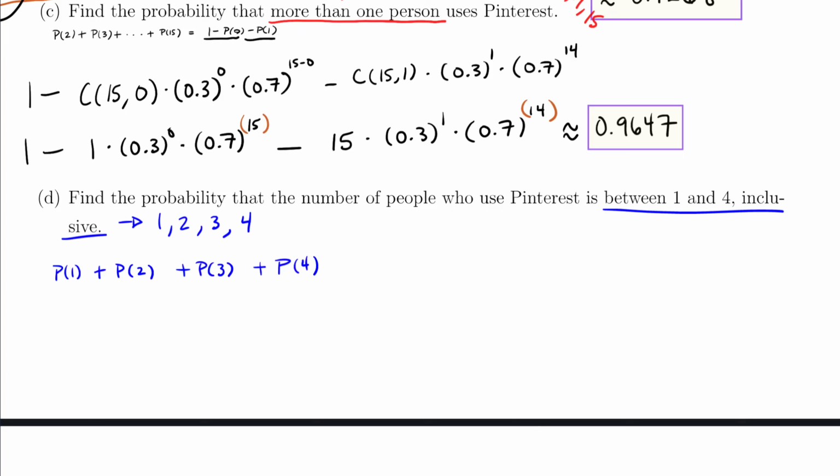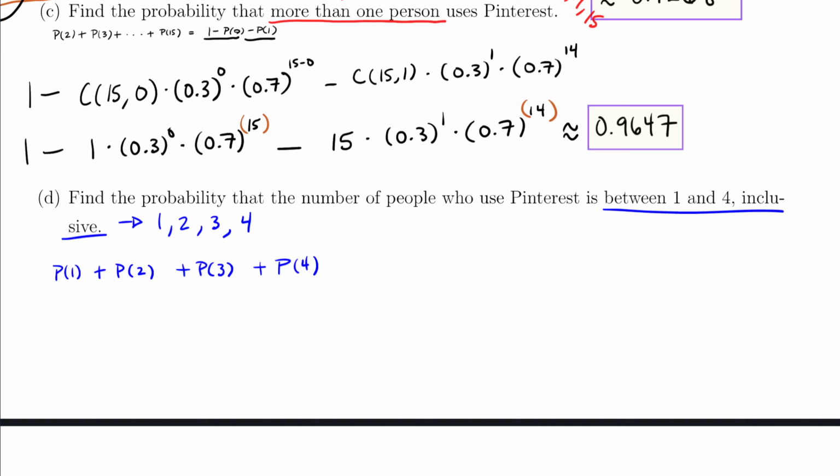Now, how do you calculate probabilities? Well, sometimes, if it's a simple enough problem, we know probability is number of ways what we're looking for could occur divided by total number of ways. But actually in this example, we have a shortcut because we know that it's a binomial probability distribution, which means